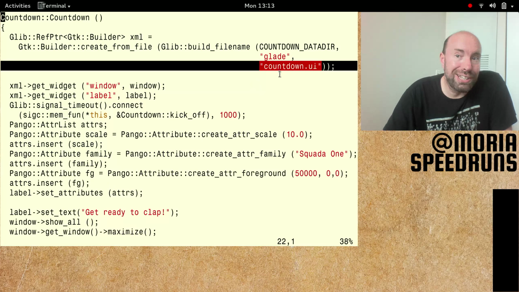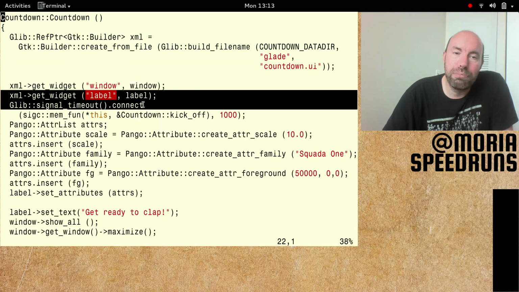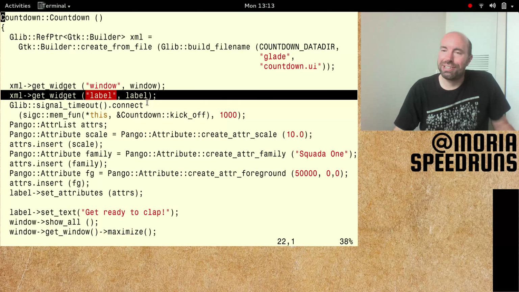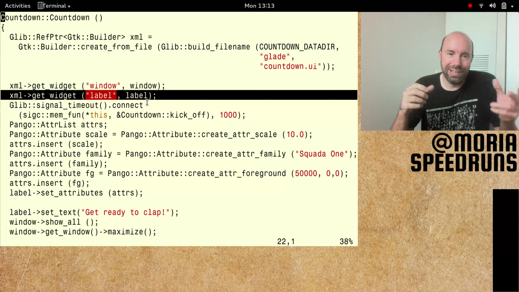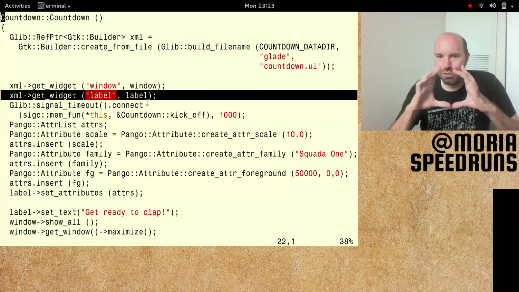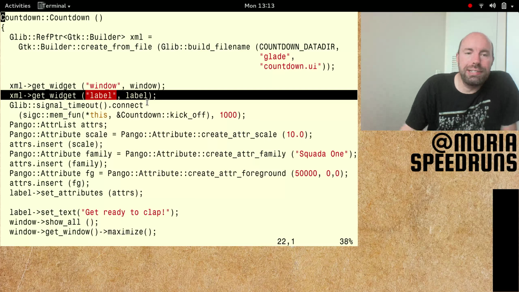We access our GUI. That's wherever our Glade directory is. And we go get the window and we get the label. The label is the thing we're changing. It says we're changing the label. It's this huge font. And we change it for 3, 2, 1. And then we go get the Unicode circle. All right. So what can you say here? Well,